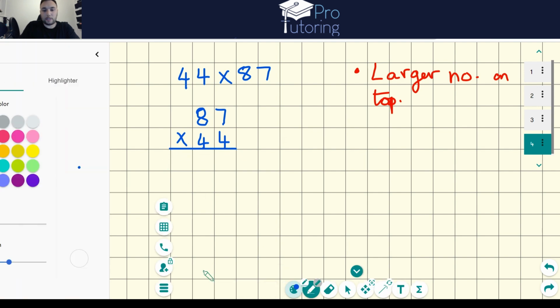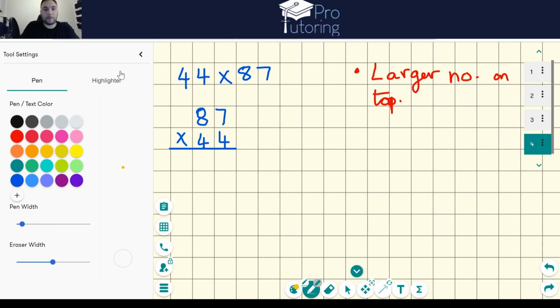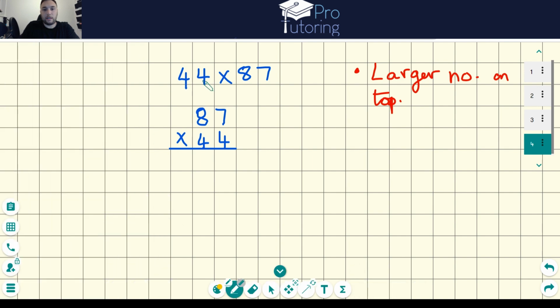Well, like I said previously, if you remember from the other pages, what we have to do is, I can't believe I've done that. Just making sure I haven't got my ruler out again. Right, so we do 4 times 80, and then 4 times 7. Then we do 40 times 80, and then 40 times 7. Okay, so what that looks like here is that I start off with my 1s,